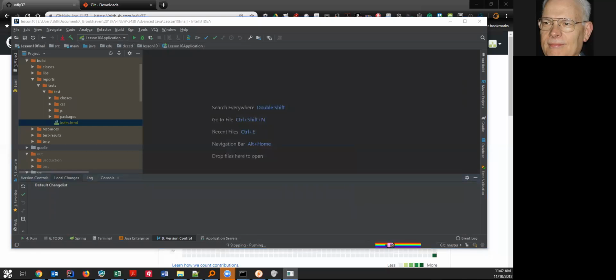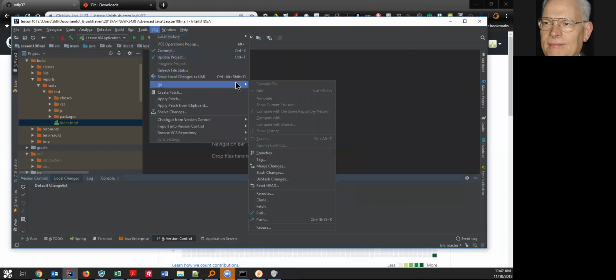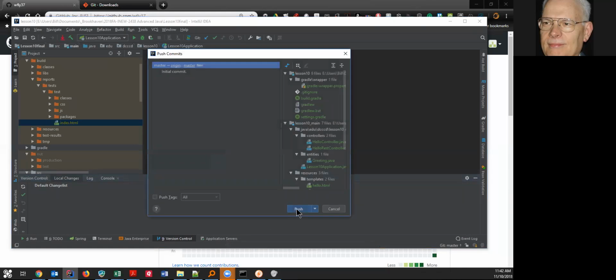Well, drat. Why won't it stop? Maybe because this window is up here. There. Because I had a window on my other screen. Okay, this is going to work this time, folks. Watch. Get and push, push,